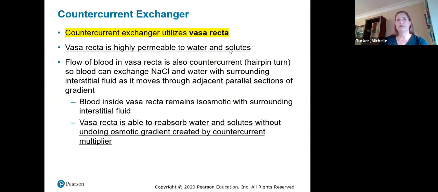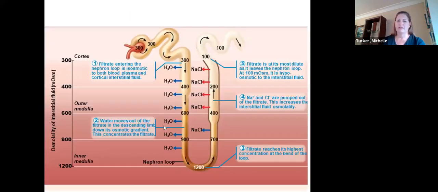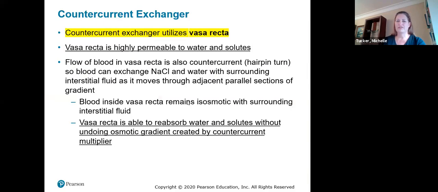I'm just going to briefly talk about the vasa recta. We're not going to go into the numbers and the mechanism as much. It's one of these things you're going to kind of have to trust me, it works. The countercurrent exchanger